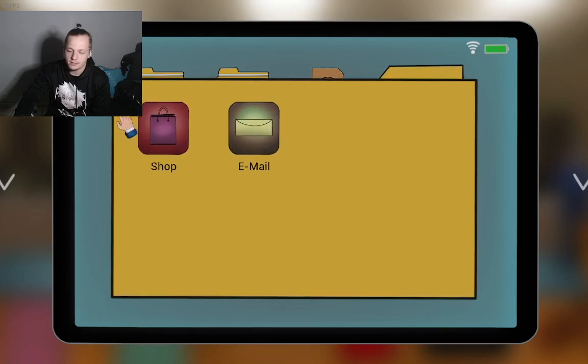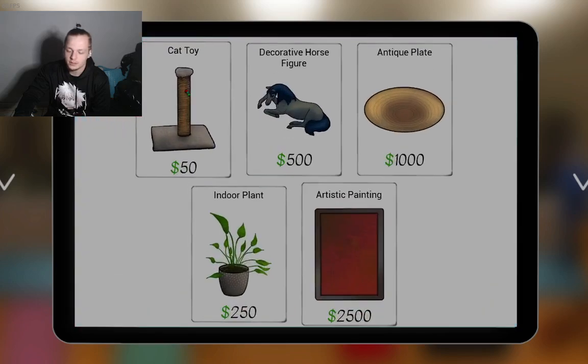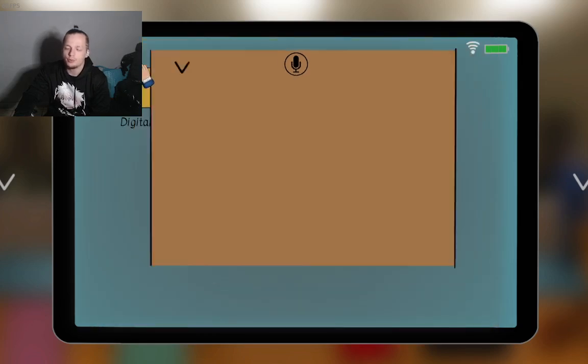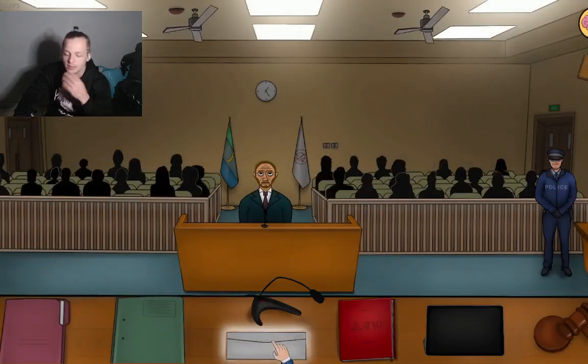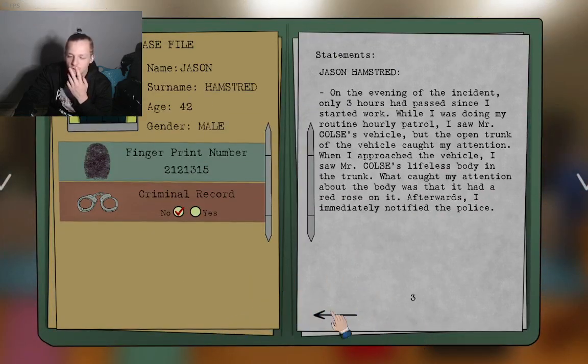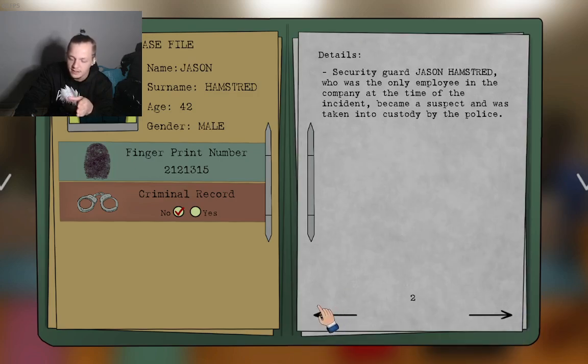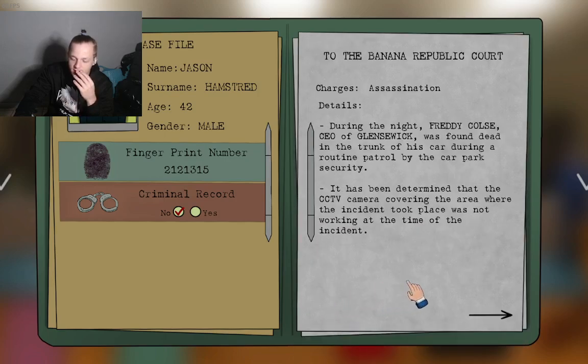No digital evidence, no application. Speaking records, no. Wow, do I really have to determine this off of this? He has no criminal record. 42 years old. It's just more that I have a doubt in my head, and then it's just not completely adding up.